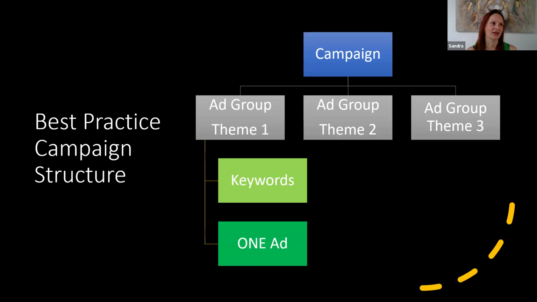And the latest ads are responsive search ads, which I went into detail in my previous seminar, so you can have a look at that. But essentially, there's about 30,000 and more combinations of ads with one single responsive search ad. So you only need one ad in each ad group.